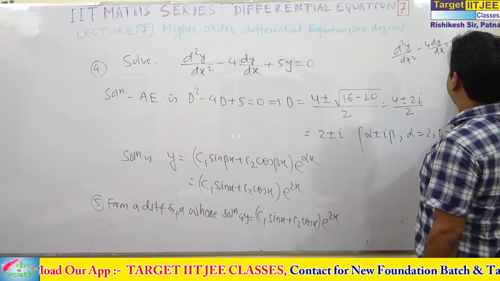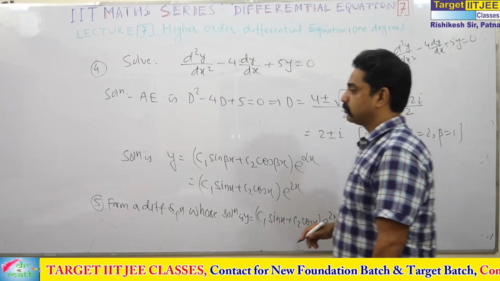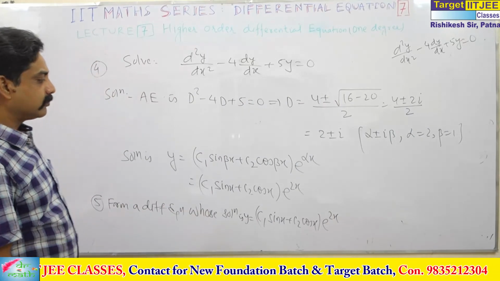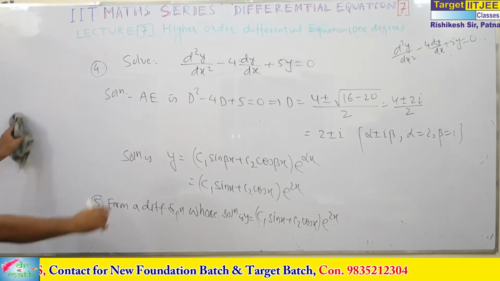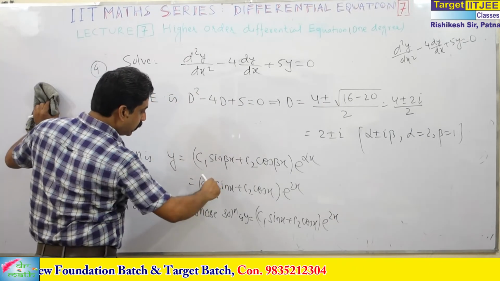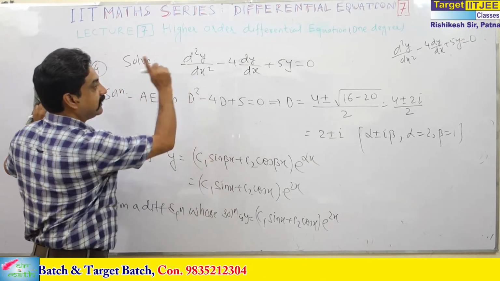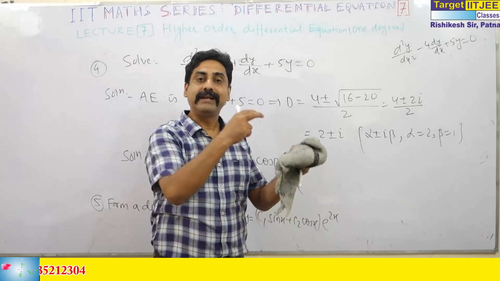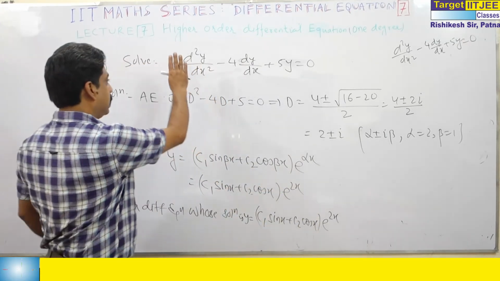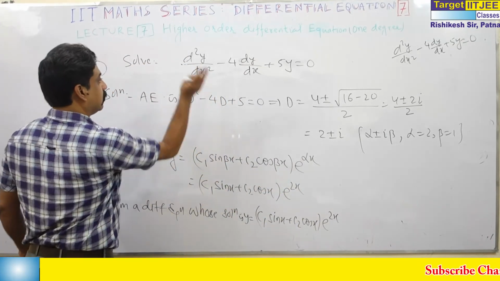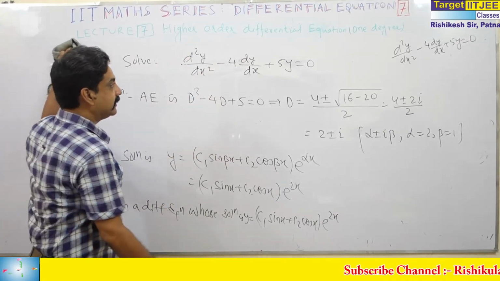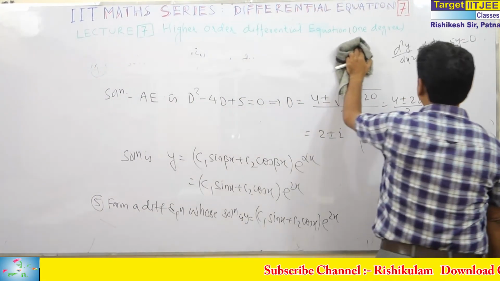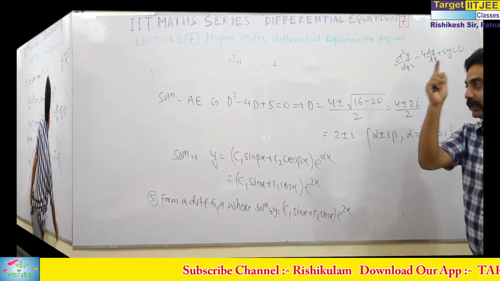This is the meaning of solution. It means from here you get here, and when you form a differential equation from this you will get this. This is just a meaning. As in a quadratic or cubic equation, the value satisfies it. This is formation: equation to solution, solution to equation. We have to eliminate C1 and C2. From where I start, at that point I hit, because the world is round.